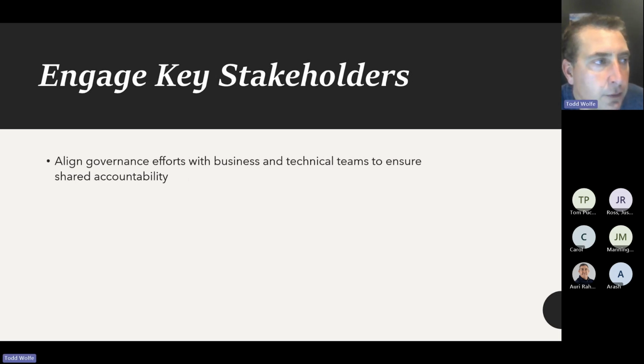Engaging of the key stakeholders. This is very important. This is something that you have to explain to them, explain why their teams are necessary, why they have to be involved on something that they didn't think that they were going to be involved in, or they weren't planning on being involved in, why it matters to them. They have to see where they may use the information themselves to help with their business in their areas long term. So they need to be part of the key processes that are out there and have their input along the way. So that'll be important too.